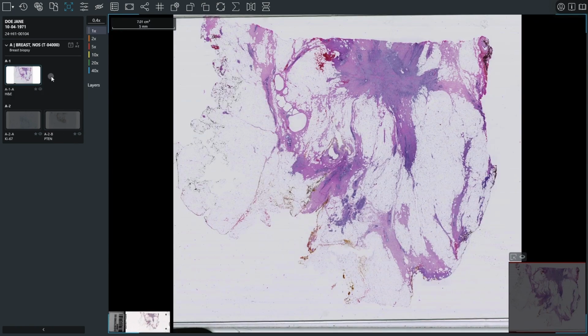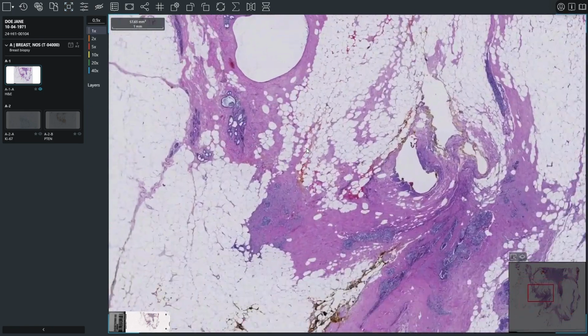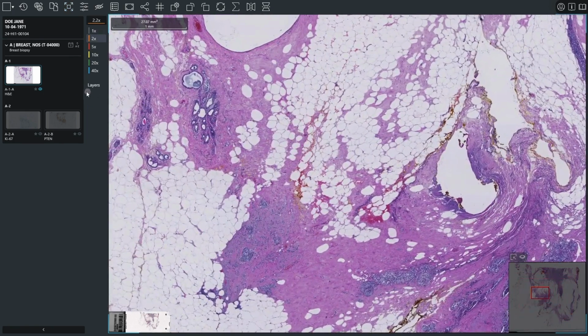The eye icon represents the slide's visualization status. A grey icon indicates that the user has not viewed the slide. Once slide navigation starts, the icon automatically changes to light blue. Clicking the eye icon manually marks the slide as completed, and the icon changes into a check mark. This action can be undone by clicking the icon again.